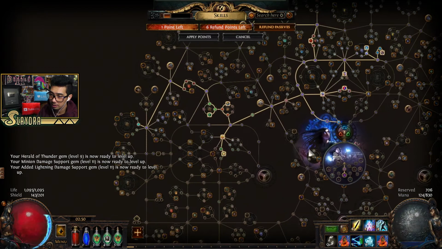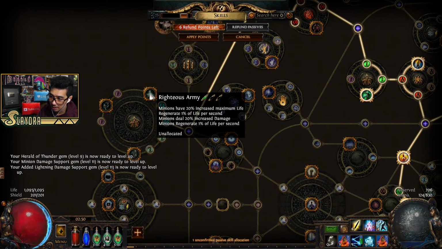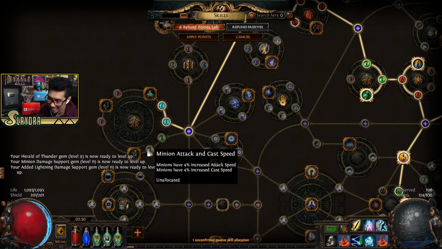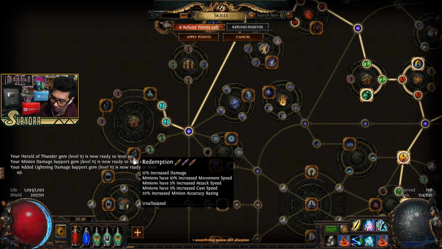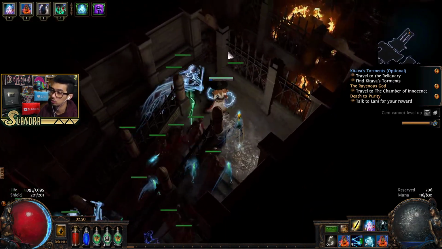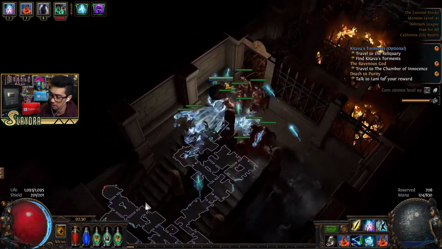Alright, so go ahead and throw that skill point in. More minion damage, and then we'll get extra minion regen. And this one's minion attack and cast speed. I'm gonna get, I think, everything over here. It's just all gonna be stuff that applies to us as well. But the first one I want to get is the...